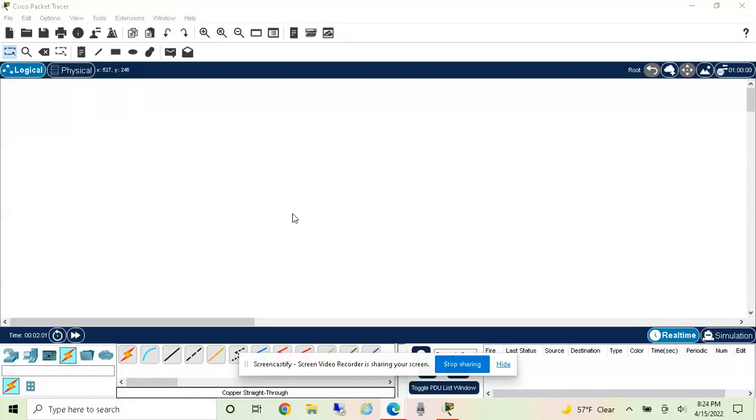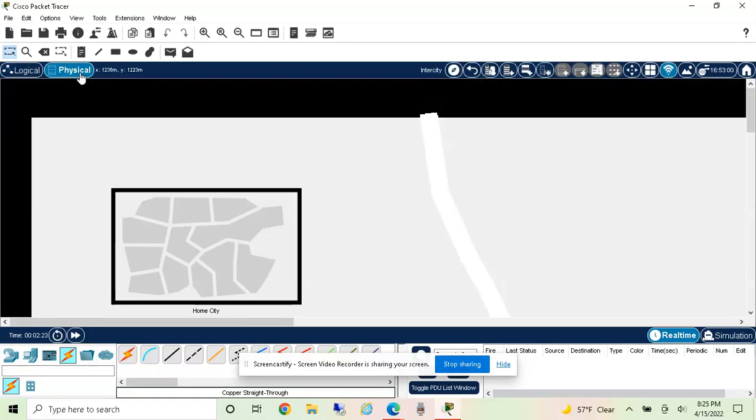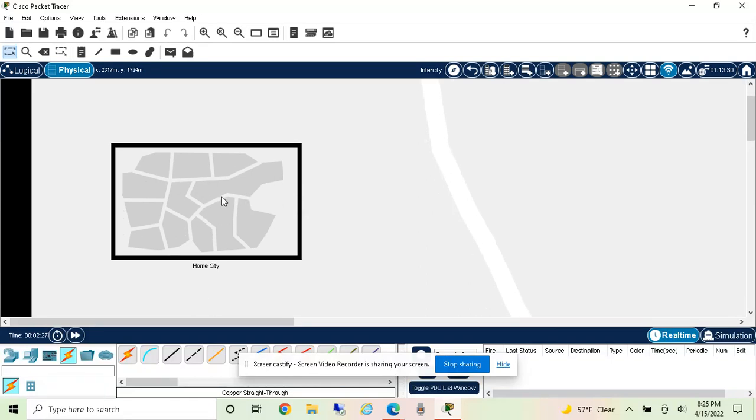Welcome to this Packet Tracer lab where we explore the physical view of Packet Tracer and configure a 2 IP network lab and give a demonstration of what things look like in the real world, simulated of course. So we're going to begin by going to the physical view, and the physical view will have a